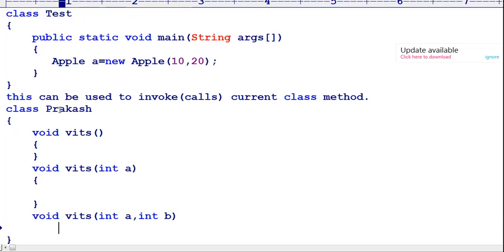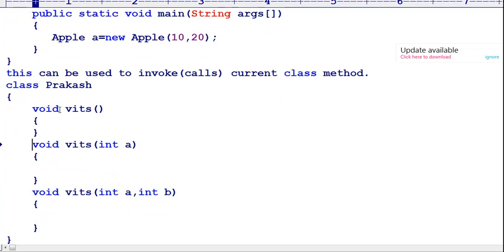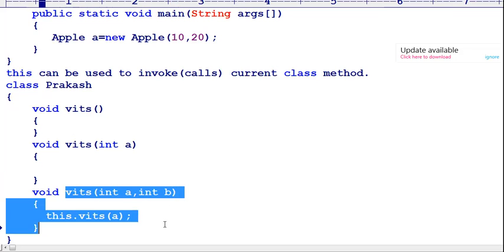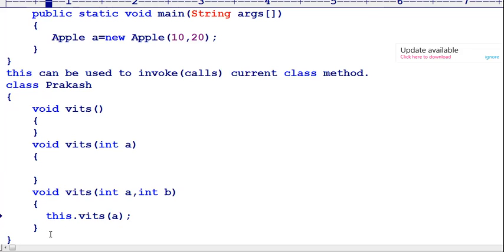Similarly, now we can call it here. In the two argument method, I would like to call widths followed by a single argument 1, and it will be executed. Rather than calling it that way, it is easier to maintain with this dot widths. This refers to the current class method. When you pass two arguments, this version will be executed. In this version, any one of the statements, maybe at first, maybe at last, maybe anywhere, we can go to call the zero argument method or one argument method.